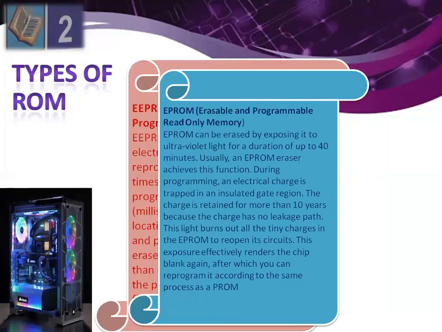The charge is retained for more than 10 years because the charge has no leakage path. The light burns out all the tiny charges in the EPROM to reopen its circuit. This exposure effectively renders the chip blank again, after which you can reprogram it according to the same process as